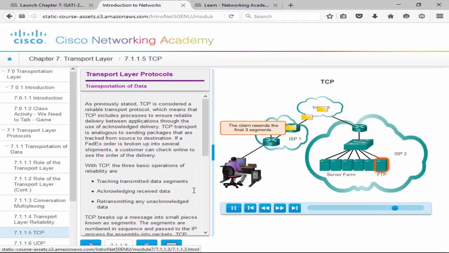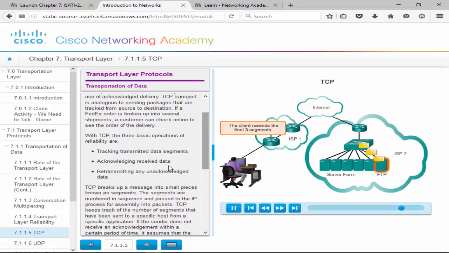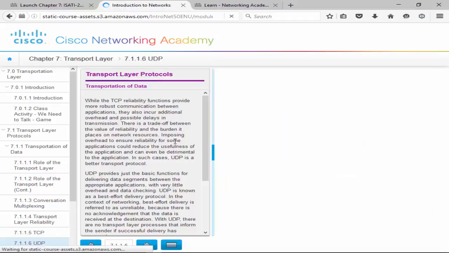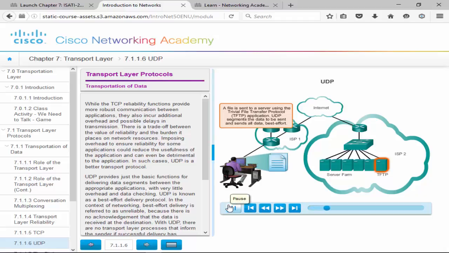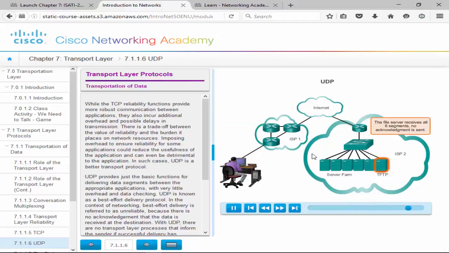So we can't use it for, say, VoIP or technologies that need speed. So then we have UDP, which is not reliable. It doesn't care if it gets there. We just send it, right? We send it, and it either gets there or it doesn't. If it gets out of order, UDP doesn't